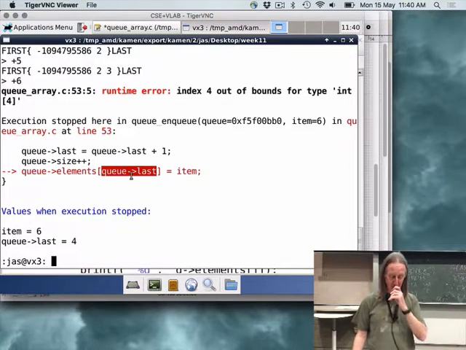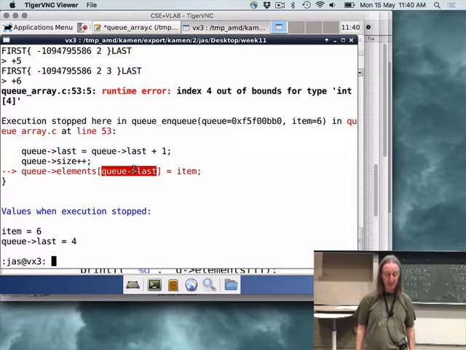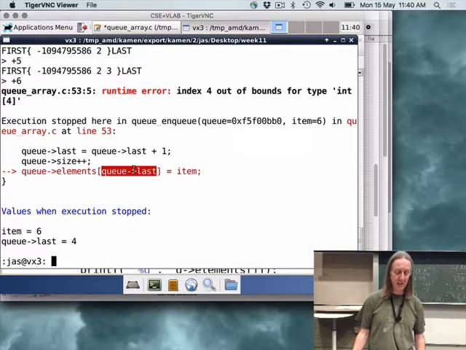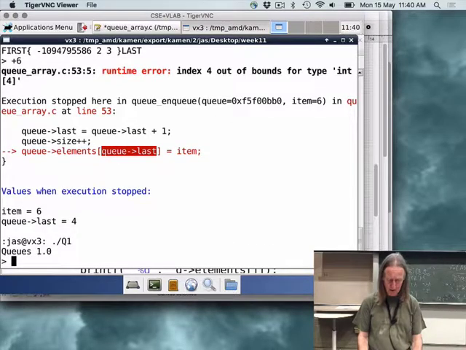And what went wrong was the position of last. First was actually in the right position, but last was incremented inappropriately at one point, and it didn't wrap around like it was supposed to at another point. So there's actually 2 bugs that need fixing here. I've got a version where I fixed one of the bugs. So this one,